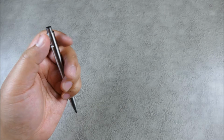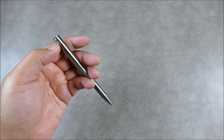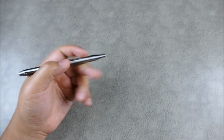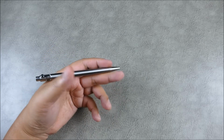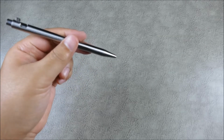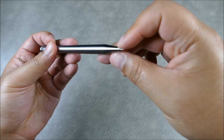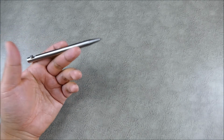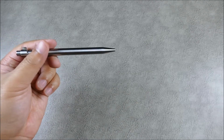So here it's a little bit on the lighter side. If they used a heavier spring, it might give you a little bit more feedback, but this is really smooth, and I think the light action for me resonates well with the light pen, in the fact that it's relatively thin and relatively light in hand. I will say if I shake it a bit, there is a little bit of play, it sounds like, on that tip slightly. Actually, when the tip's out, there's no play. So from the writing experience, it's absolutely fine, but when the tip is in, I'd say if you can hear that,